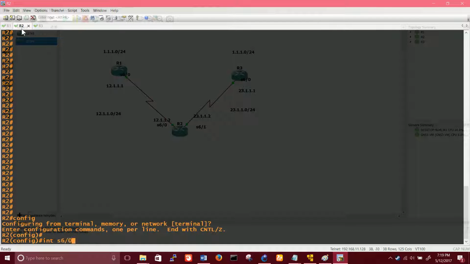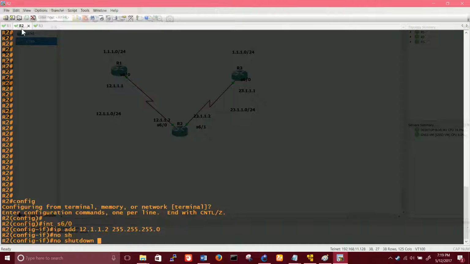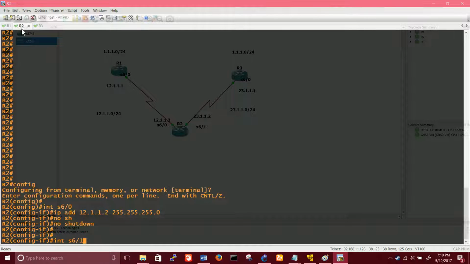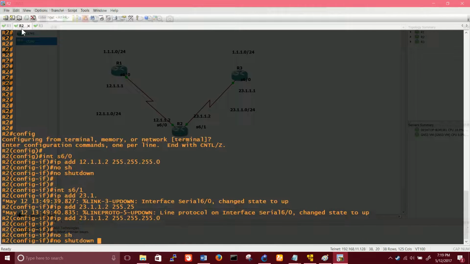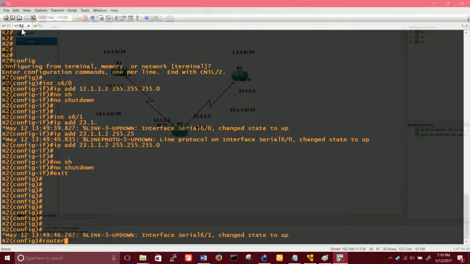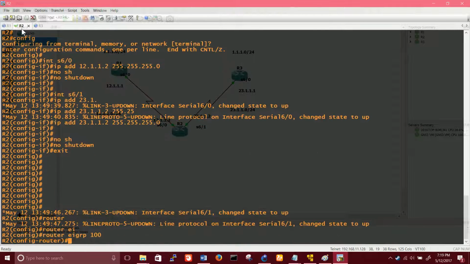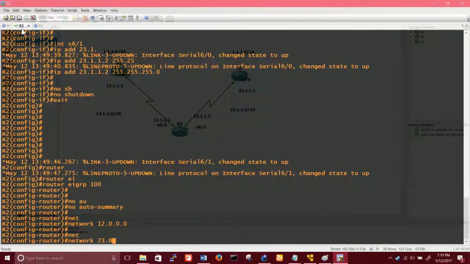Interface serial 6/0, IP address 12.112, 255.255.255.0, no shut. Interface serial 6/1, IP address 23.112, 255.255.255.0, no shut. Exit out. Two interfaces, and on both of them let's turn on EIGRP 100. No auto-summary, network 12.0.0.0 and network 23.0.0.0.